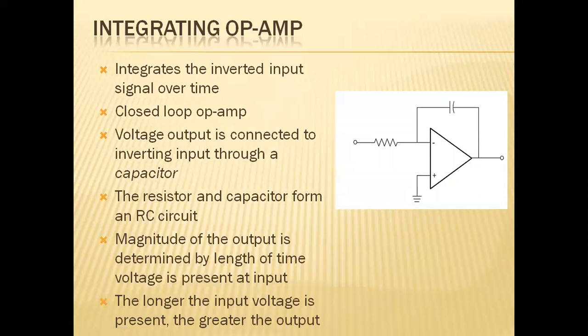Upon integration, with the incorporation of an RC circuit, there is a resistor and capacitor implementation. The magnitude of the output will be determined by the length of time or the voltage present at the input, which is connected to the inverting terminal through this resistance and the capacitor. The positive terminal is connected to the ground, and at the output terminal,